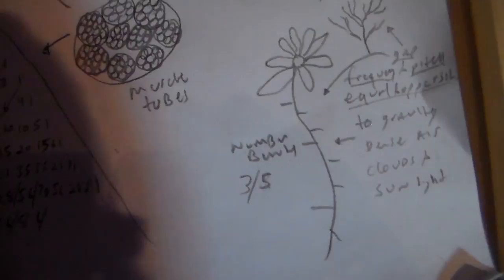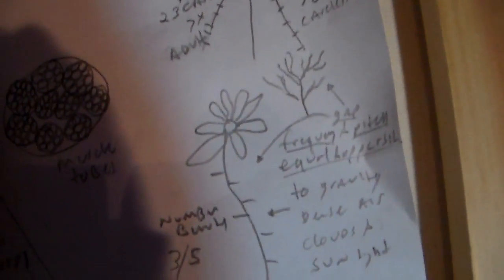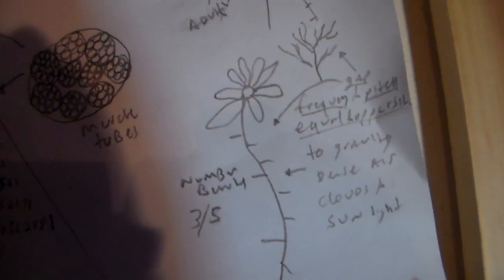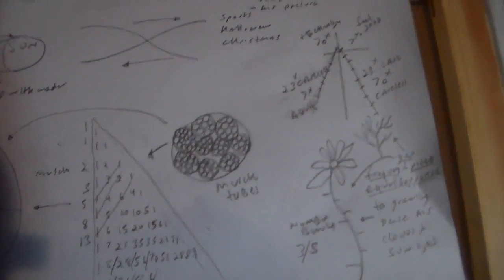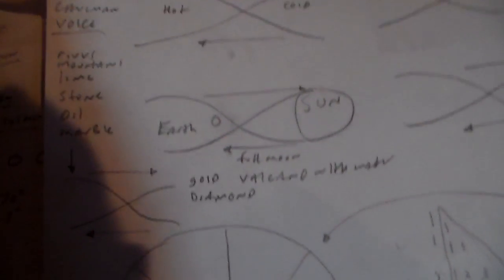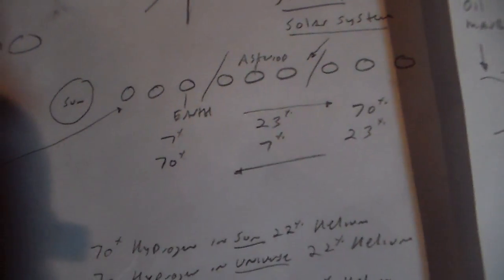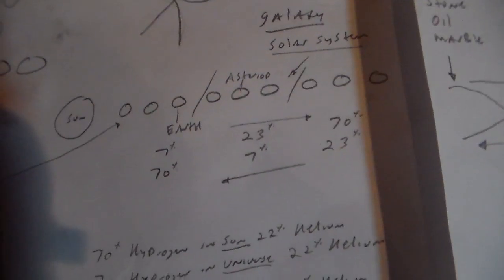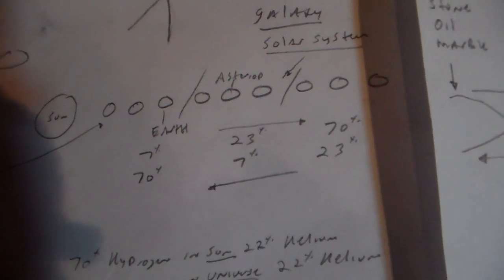So over here you have 3 leaves over each other, and you have 5 on the other side, connected to the 3 and 5, the number of beauty. The petals are connected uneven, negative and positive, to the 3 and the 5, or 3 and the 8, in different amounts. All flowers have the number of beauty. We're connected to the number of beauty with the bones in our hands in that number. The 70 degrees, 23, 70 degrees creates